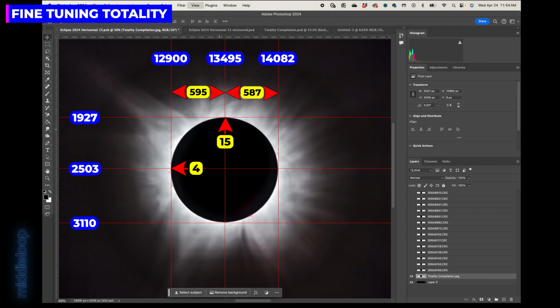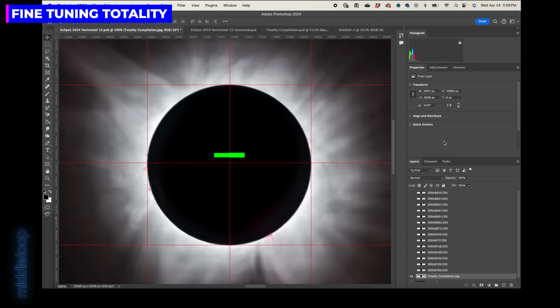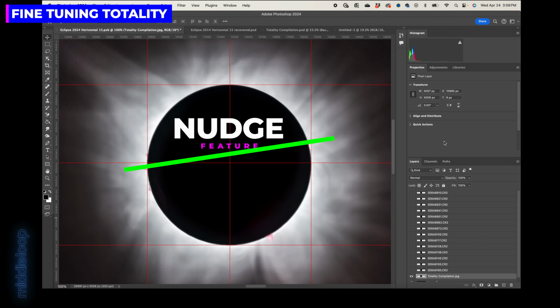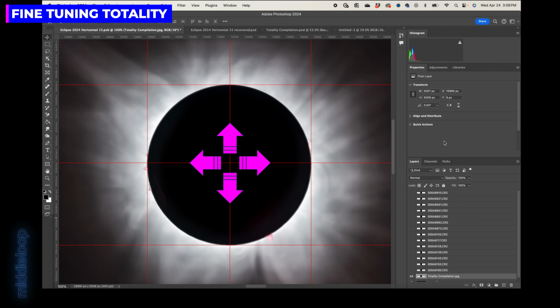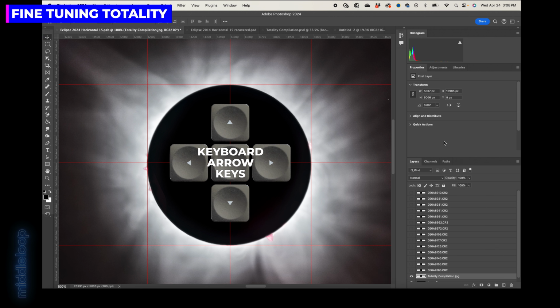by 4 pixels. So to move the totality photo in Photoshop, we'll use the nudge feature. Nudging moves the layer in one direction or another by a set number of pixels. Make sure the layer and the move tool are selected. Then simply use the arrow keys. If you look at the properties window, you can see it in action. We need to move the totality layer 4 pixels to the left, so I'm going to tap the left arrow